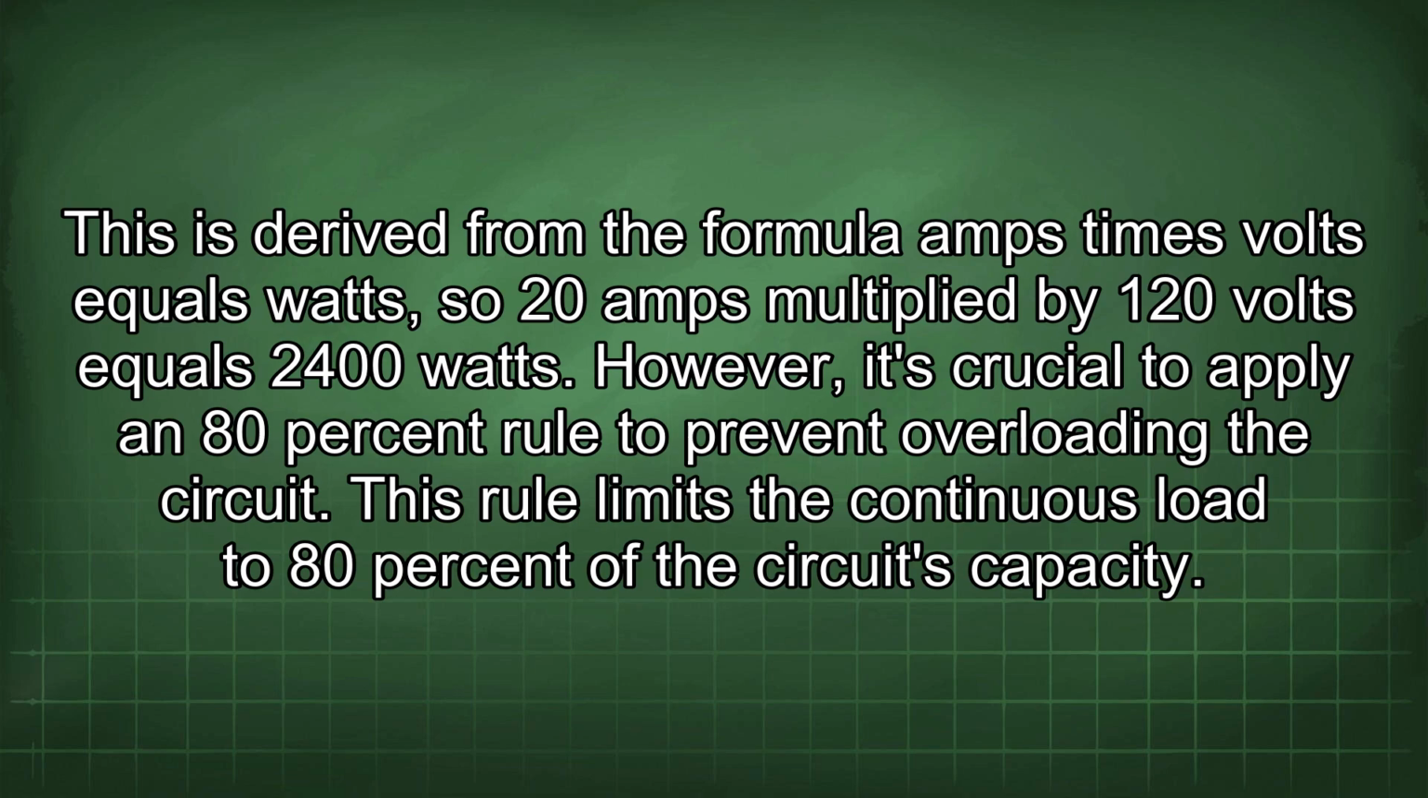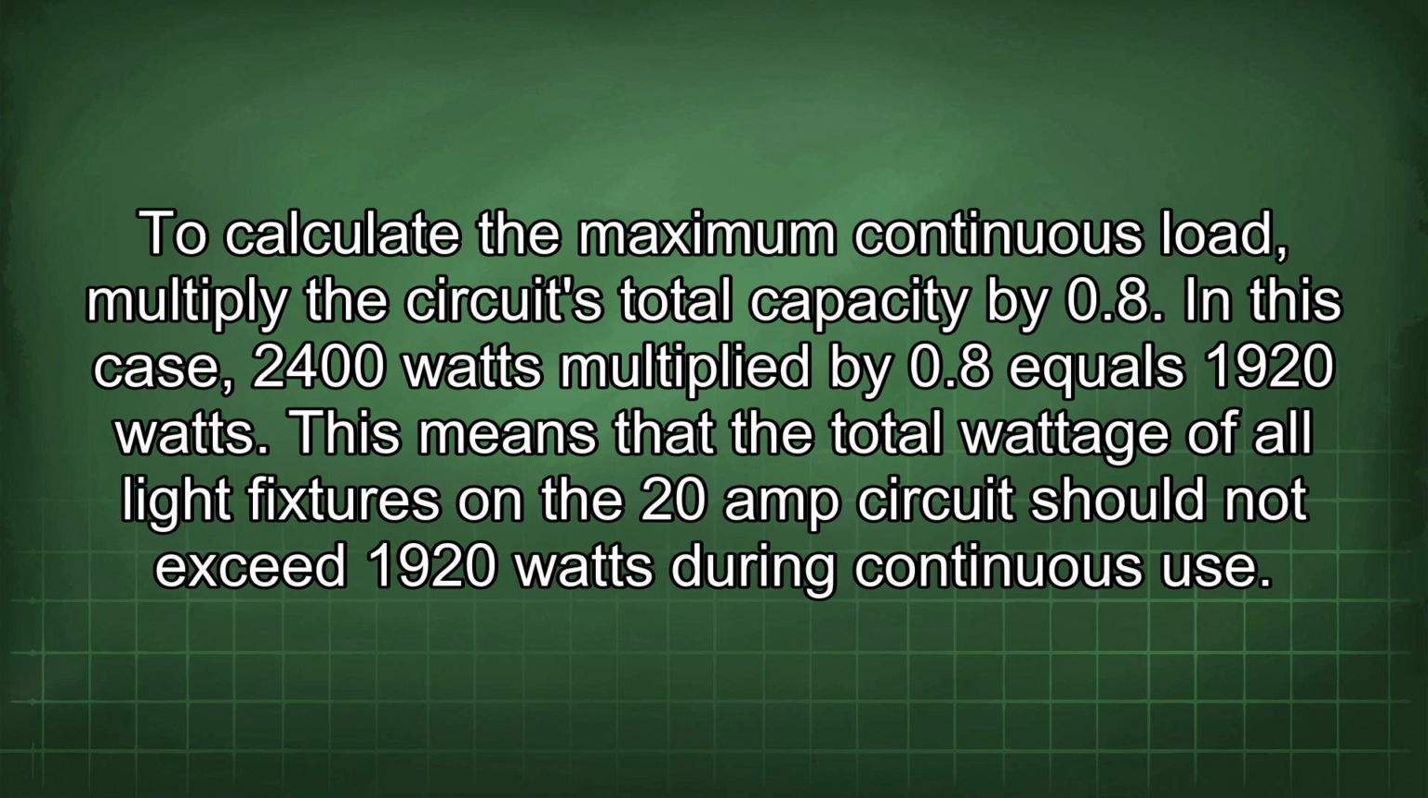This rule limits the continuous load to 80% of the circuit's capacity. To calculate the maximum continuous load, multiply the circuit's total capacity by 0.8. In this case, 2400 watts multiplied by 0.8 equals 1920 watts. This means that the total wattage of all light fixtures on the 20 amp circuit should not exceed 1920 watts